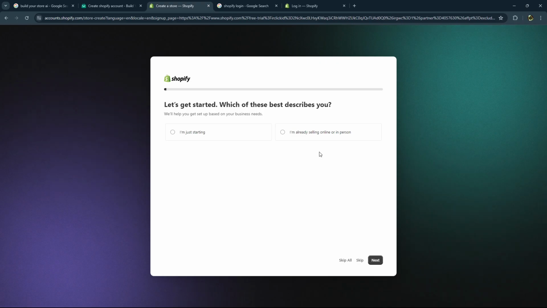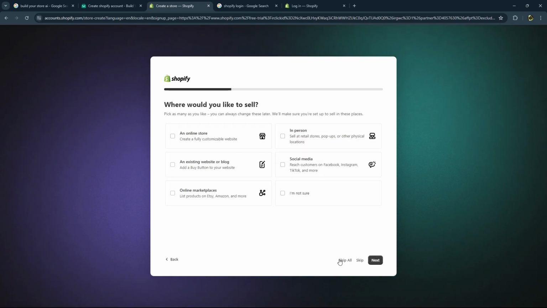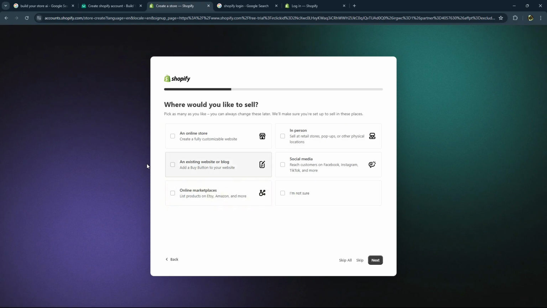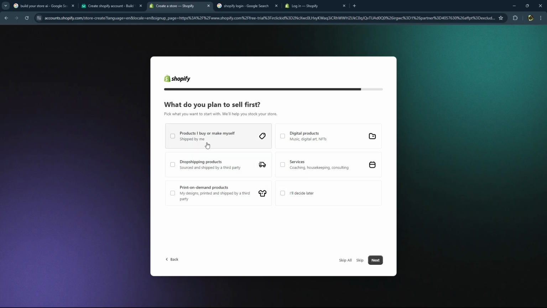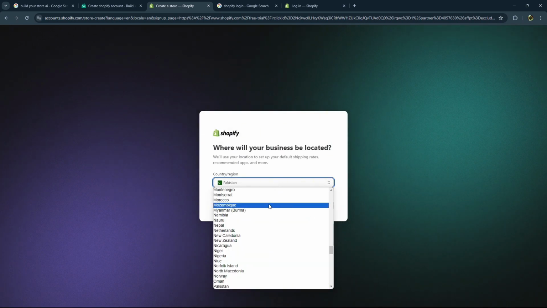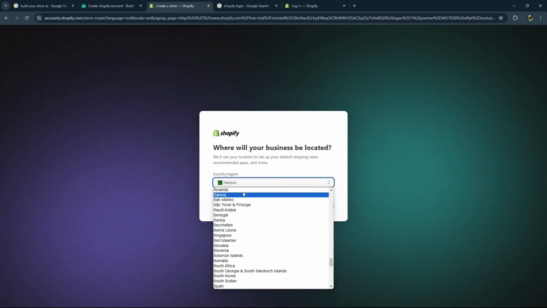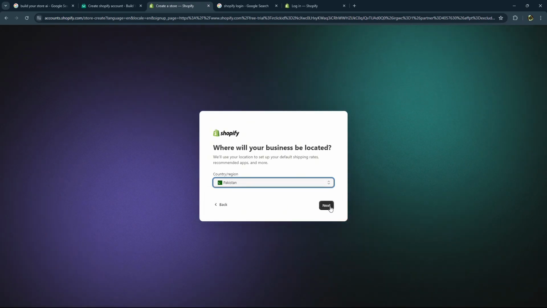And from here, you can create your store very easily, just like I'm just starting. You can also select all of these, or you can also skip all. Like I want to build an online store, I will click on it, online store, product I buy or make myself, next. And you can also select your region from here, just like from Pakistan, so we'll just click on Pakistan. I will click on next,